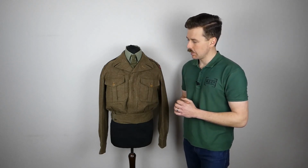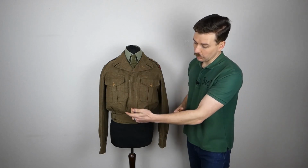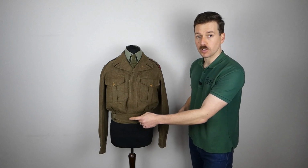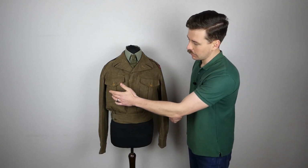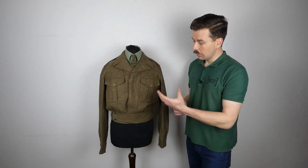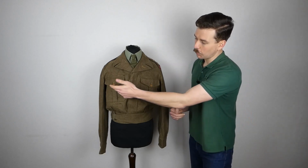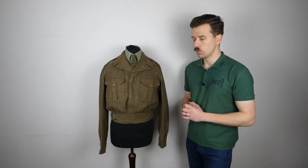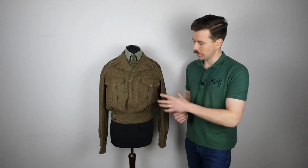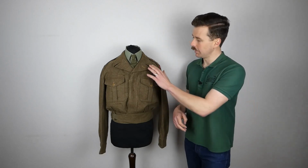most of the time. Concealed buttons down the front here, there are 4 down the front to the waistband, and then there's actually a 5th button on the waistband itself, which we'll see in just a minute. And we have the pockets here on the front of the blouse, basically carried across from the preceding 1946 pattern. They're pleated with exposed buttons on the flaps, as you can see here, and this would be carried across to the 1949 pattern as well. This element of the design would be carried across. The main difference between this, and the main visual difference between this and the 1949 pattern, is the change to